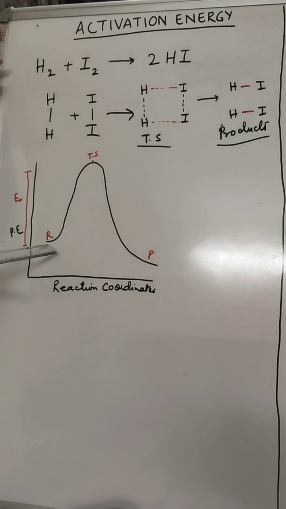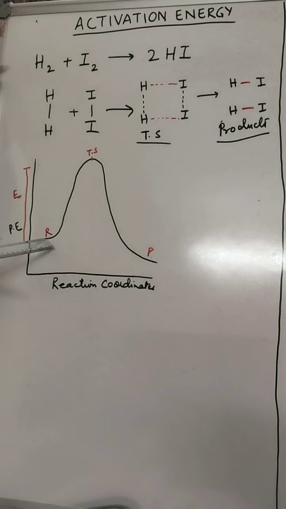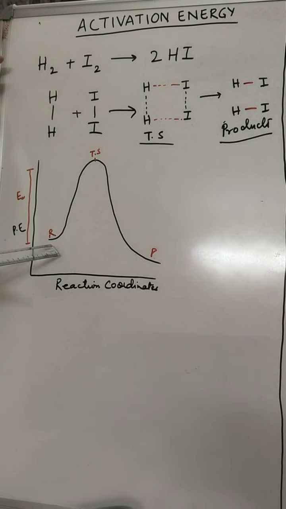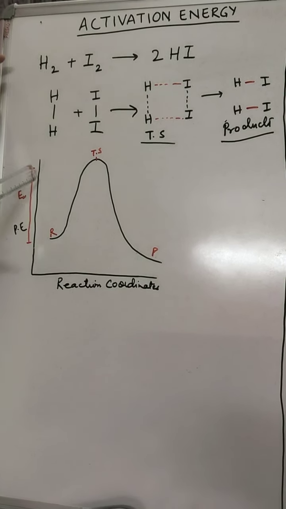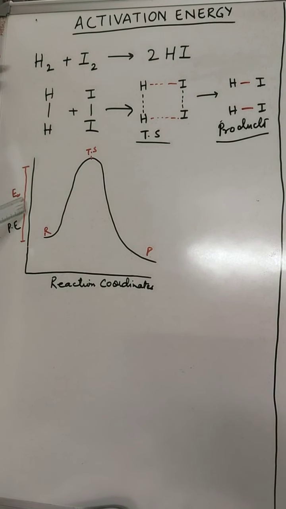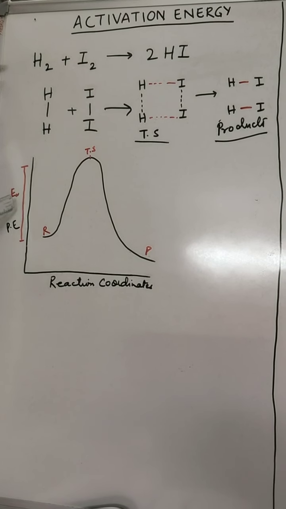Now, this is the minimum amount of energy the reactants have, and finally once we give them this activation, this is the transition state. For the reactants to reach this transition state, we have to provide them with a minimum amount of energy so that the bonds can be broken, which leads to the formation of new bonds. This minimum energy is known as the activation energy, and this is our Ea. What do we represent it as? Ea. In the Arrhenius equation, this factor came, right? So this is what Ea is.